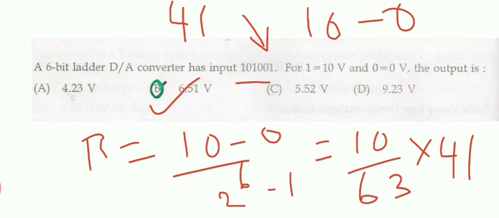See, you refer to the same problem we have dealt with in LSB and MSB finding, right? If you want to find MSB, we multiply 2 power n minus 1 and the resolution. If you want to find LSB, we multiply 2 power 0 into resolution. For any number, for any bit sequence like this, 101001, simply find the equivalent analog value and multiply with the resolution. So what we get is 6.5 volt, right? It's a simple logic, right?